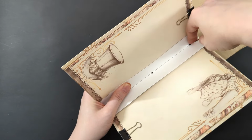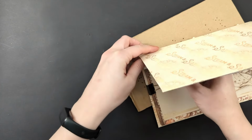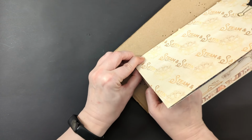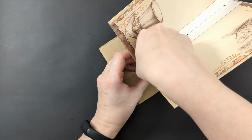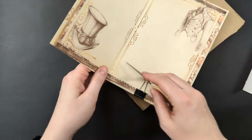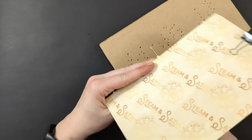If you find that this is too tough, you could just do the pages first and then do the cover using the same template or using the pages as a guide. So there are a couple ways you can do this if you're having a hard time punching through all of these. Sometimes pushing straight down into that mat is really what you need. So there we go. Now I've got my holes. I'm going to make sure that I push through there